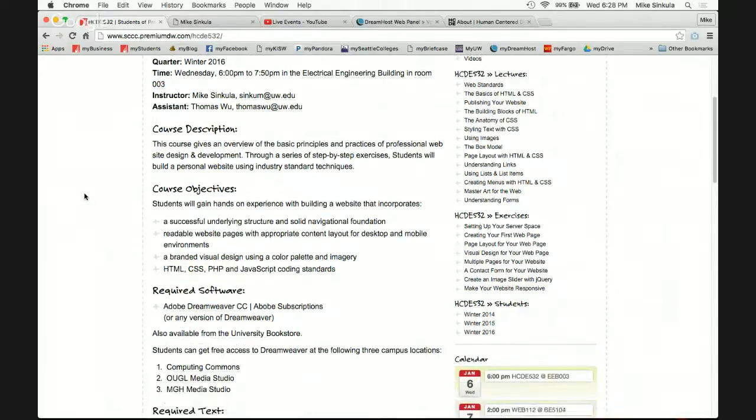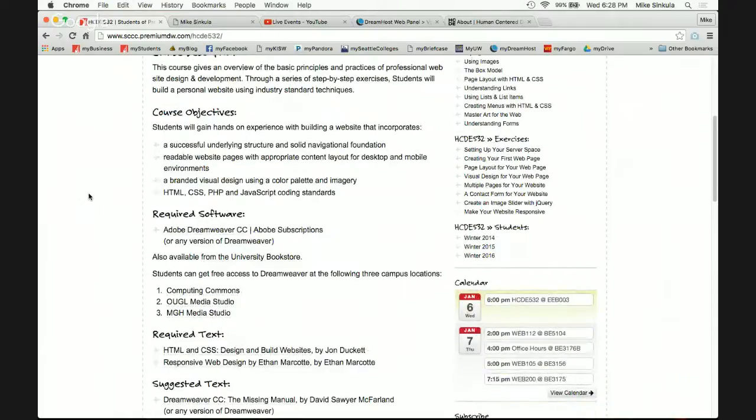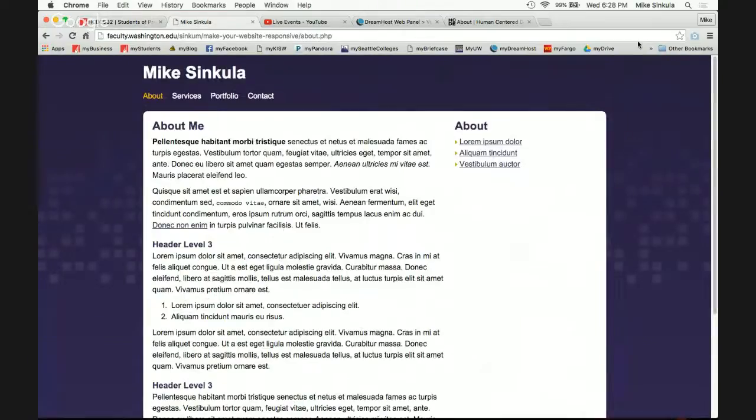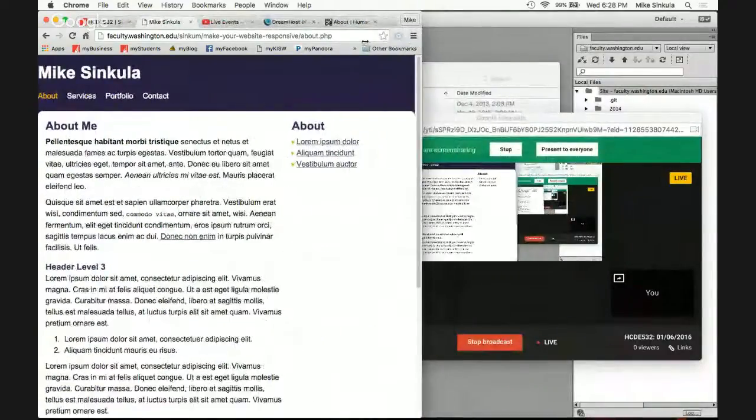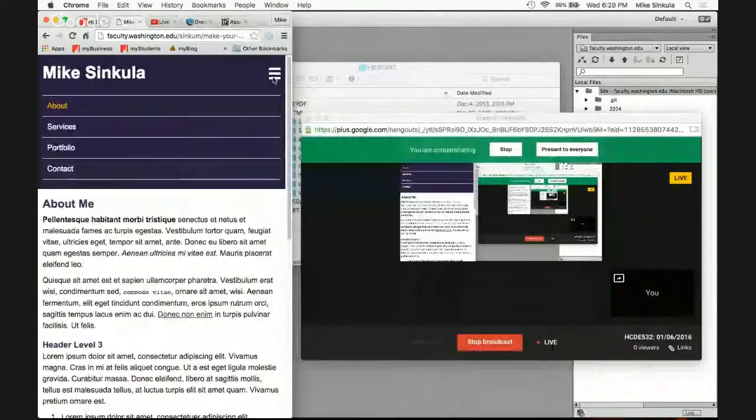So the objectives, again, for this class, you'll build a website that has a successful underlying structure and navigational foundation, readable website pages, appropriate content layout for desktop and mobile environments. So we're going to make it responsive, meaning right? So if you look at this then on your phone or on your tablet at whatever viewport size, things will,